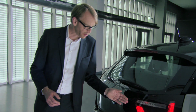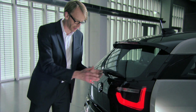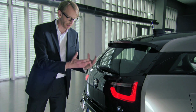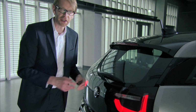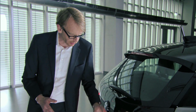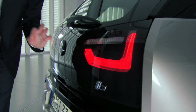What is also unique for the BMW i3 is the integration of the taillights directly into this part. You don't have any shut line. It looks very clean, again, like the shape language that you see on the side. That has a bit the optic of what you know from some smartphones, so it looks very high-tech. We, of course, place the badge i3 here on this surface, and this is actually a very refined detail